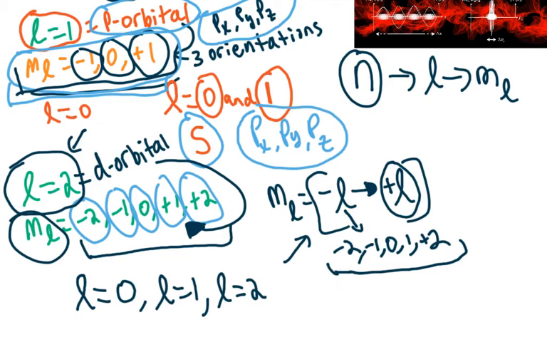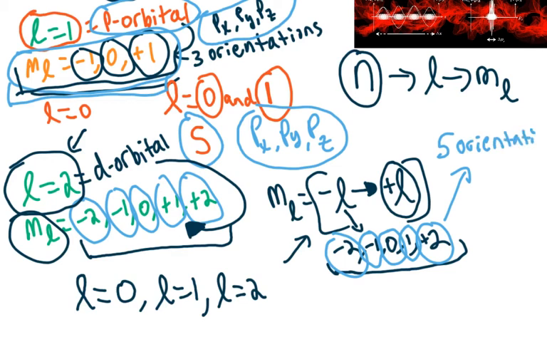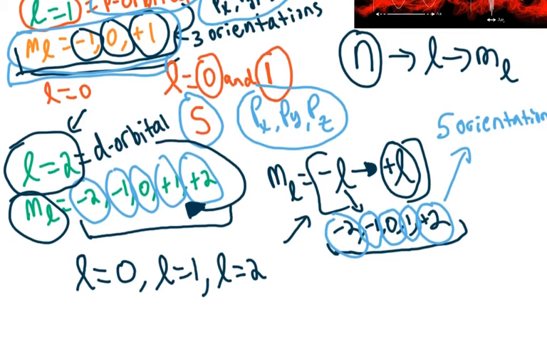And then you're just like, okay, now how do I find the number of orientations I have? We'll just count the number of values that you stated in your magnetic quantum number range, which is 5. So we know a d orbital has 5 orientations. Once you find the magnetic quantum number, you're pretty much done, like you could say, breaking down the problem. And then make sure to write